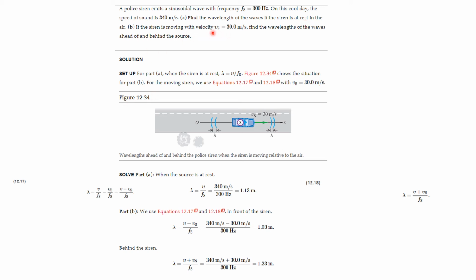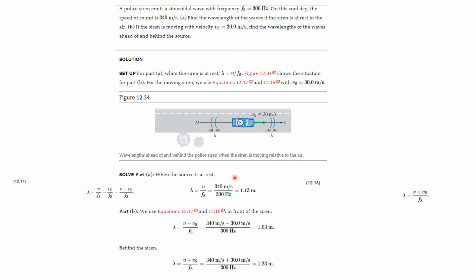And then in part B, if the siren is moving with a velocity of 30 meters per second, find the wavelength of the waves ahead and behind the source. So here's the picture, and when the car is moving, it's there. It could also be stationary. So for part A, when the source is at rest,